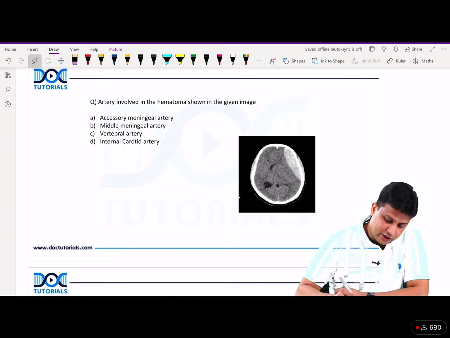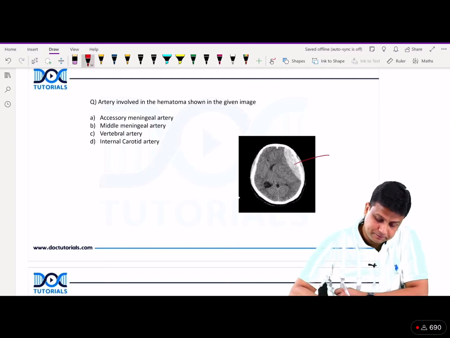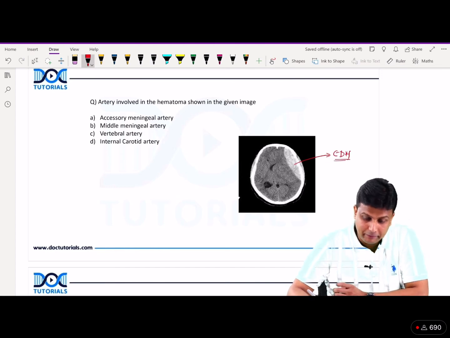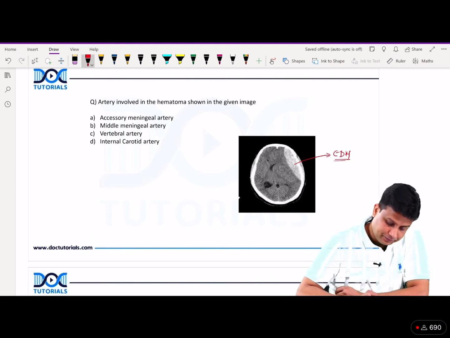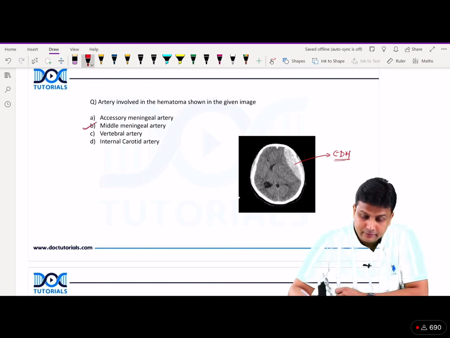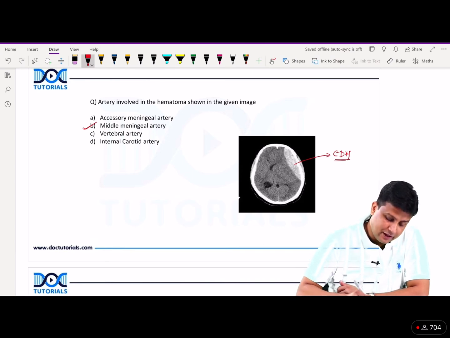And in EDH, in epidural hemorrhage, the artery involved will be the middle meningeal artery. It is the middle meningeal artery. Yes, of course, I'm really happy with Jitesh Kumar also, middle meningeal artery, which is a branch of the maxillary artery. Yes, of course. So, middle meningeal artery, and remember one more thing here itself, that the middle meningeal artery is going to pass through a foramen,